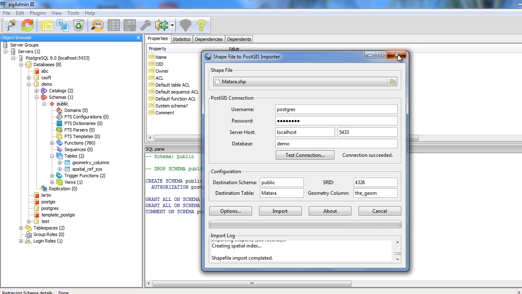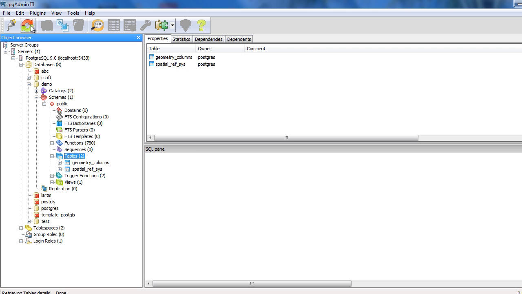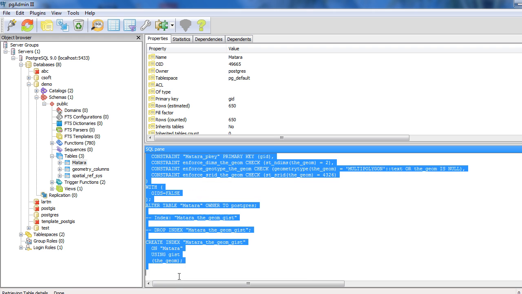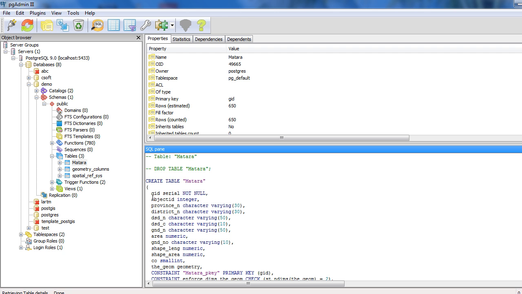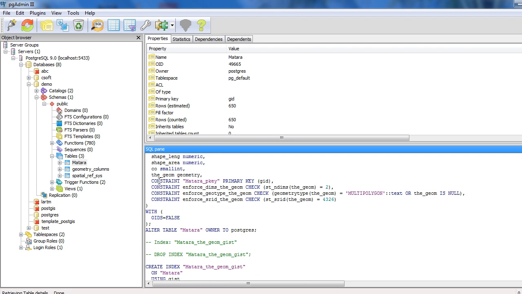So let's close this and refresh these tables, and you can see a new table has been created, and the columns created for this table, and you can see the geometry column.